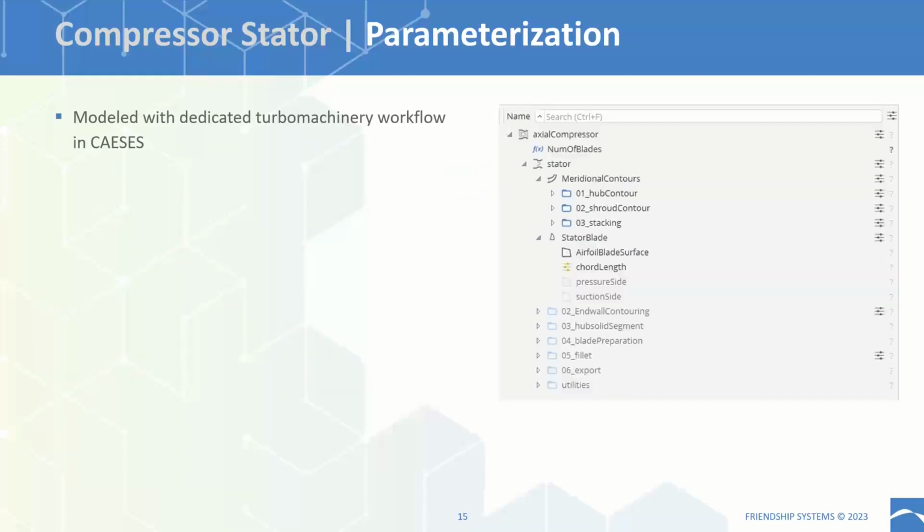So how did we go about this in CAESES for this specific test case? We modeled the stator with our dedicated turbomachinery workflow in CAESES. As I said, turbomachinery is one of the major applications of CAESES, and we have some dedicated workflows here. For a turbomachine, it consists of creating, so to say, stepwise certain objects that are linked to each other. If you look at this tree structure at the right hand side, you see that we start with the parent object,